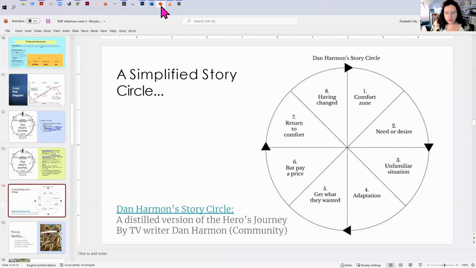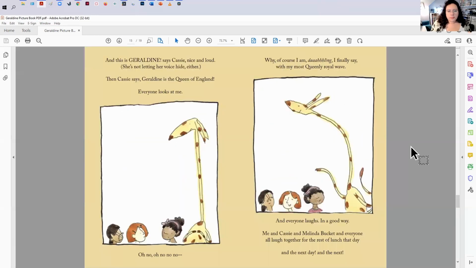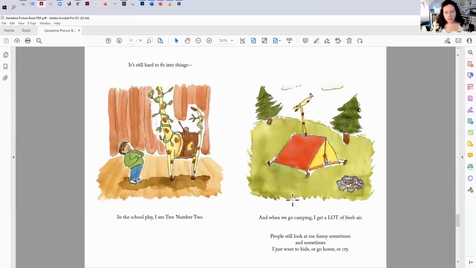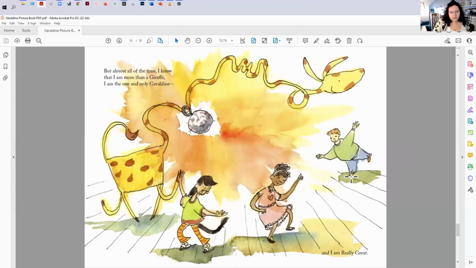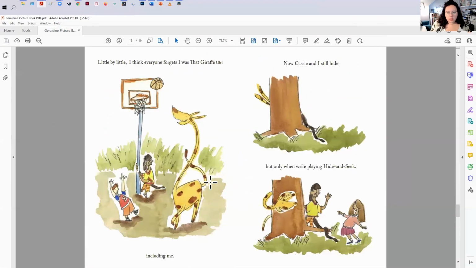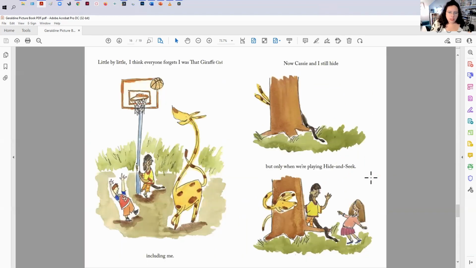Go back to the, but pay a price. So I would say that the price that Geraldine pays here is that she doesn't completely feel like she's the same as everyone else. She still is bigger than other kids. She's still awkward because she will always be a giraffe. But the last stage of that is the last two stages, return to comfort, having changed. So she returns to belonging and feeling at home, but she's changed in that she